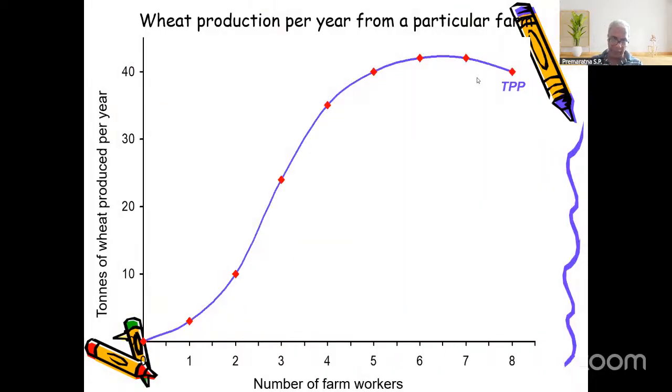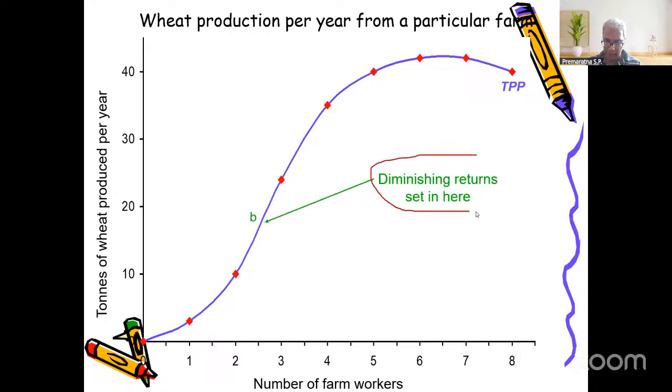So this is the curve. When you draw, you will get it here. You can see the point B, where diminishing return starts. Why? Because up to this point, production is increasing at an increasing rate. After that, production still increases, but at a decreasing rate. So up to this point D, you reach the maximum point.